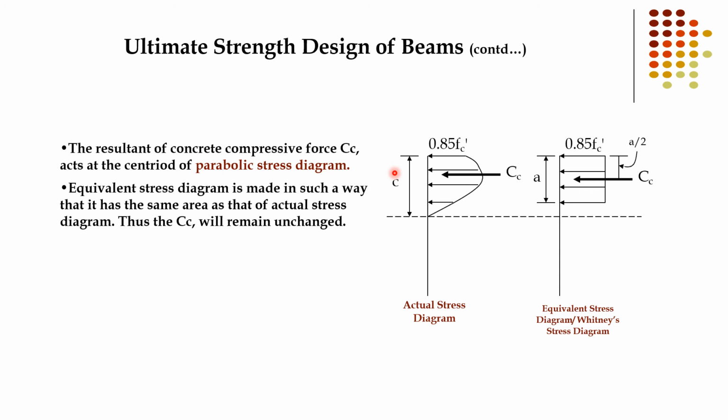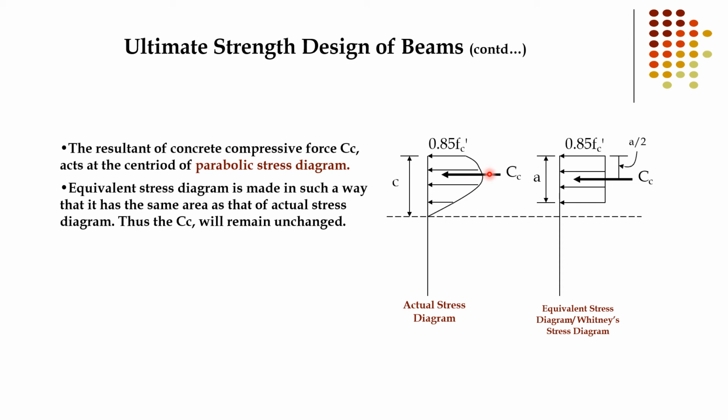Now here is again the proof of beta 1. How we can again verify the beta 1 value is 0.85, that I have shown in the previous slides. The resultant of the concrete compressive force CC acts at the centroid of the parabolic stress diagram. It means here you can see the parabolic diagram, at the center of this parabola,